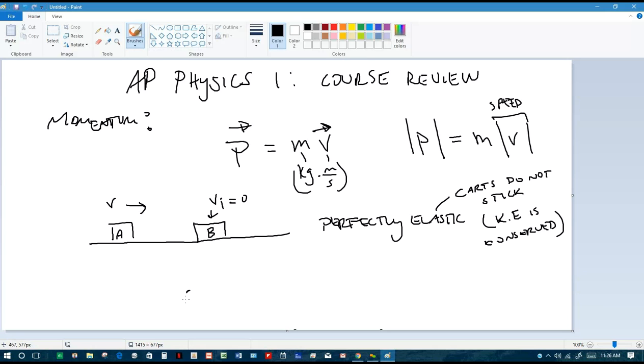That's commonly seen with cue balls. When you hit a cue ball straight into another ball, this ball will just stop, and this ball all of a sudden shoots off. And that would be considered, in the real world, there is always some energy loss. When the balls actually hit, they warp a little bit and change in their shape, produces a little bit of heat. In physics, we like to talk about the most idealized scenario, and a perfectly elastic collision is the most idealized scenario that never actually occurs in our real world, because specifically because one of the parts of this definition